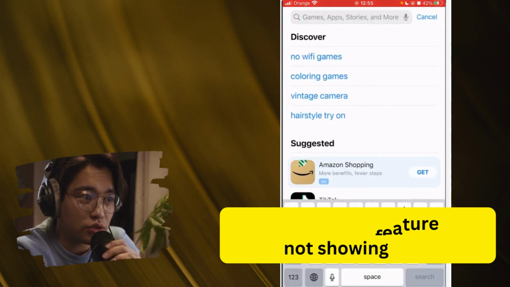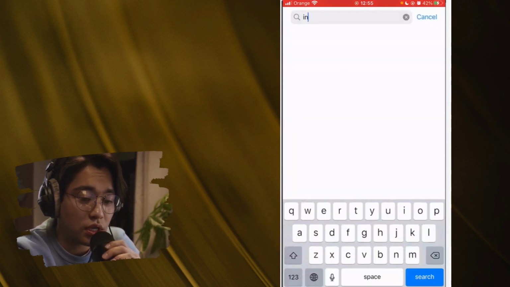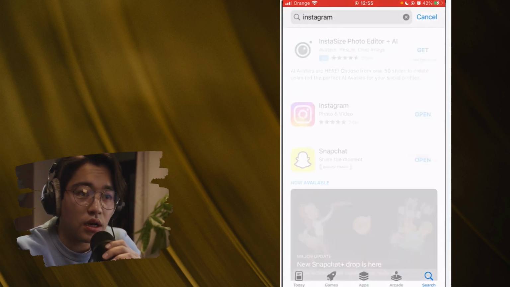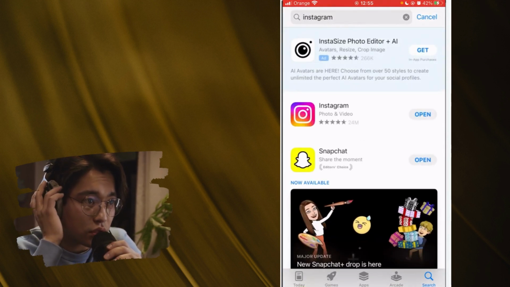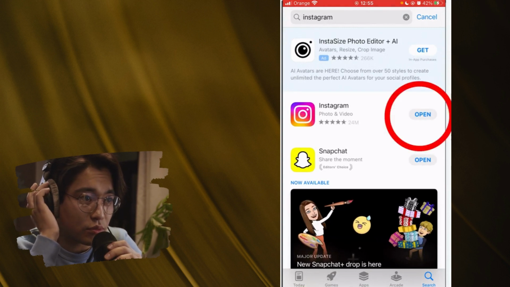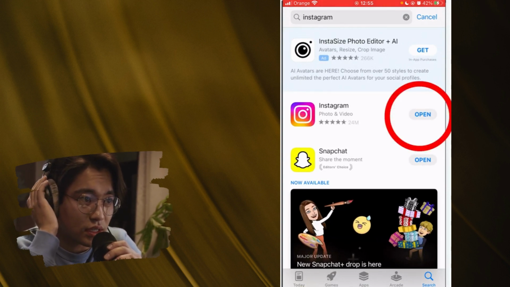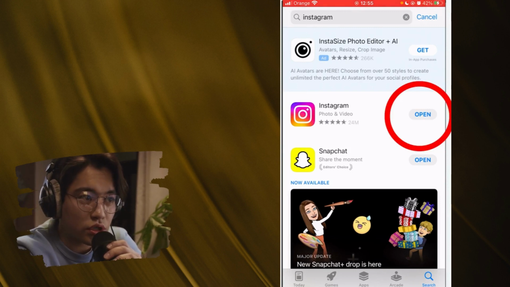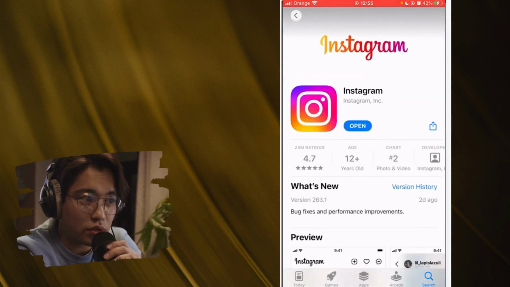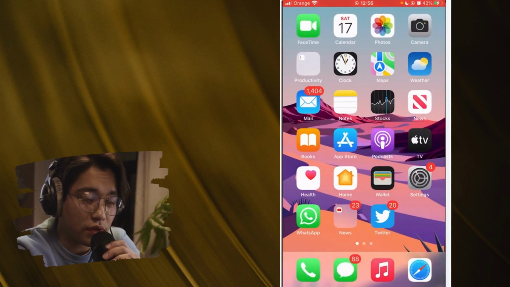Now, the first method, guys, open your app store or Play Store and search for Instagram. Now, next to Instagram, it says for me open, but if you haven't updated the app to the latest version, you want to update it to the latest version so that Instagram will add that feature on your Instagram. Just click on Instagram and then click update and wait for it to update. Now wait like 12 seconds and check if that feature has been added to your account or not. Now, if